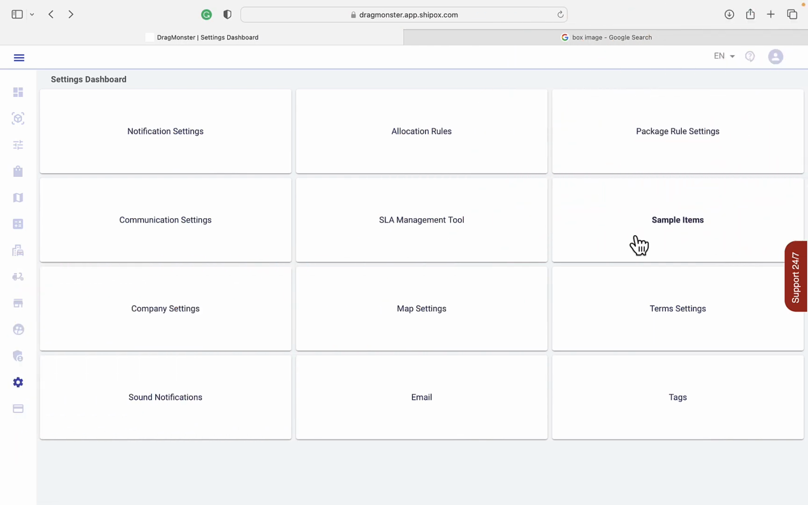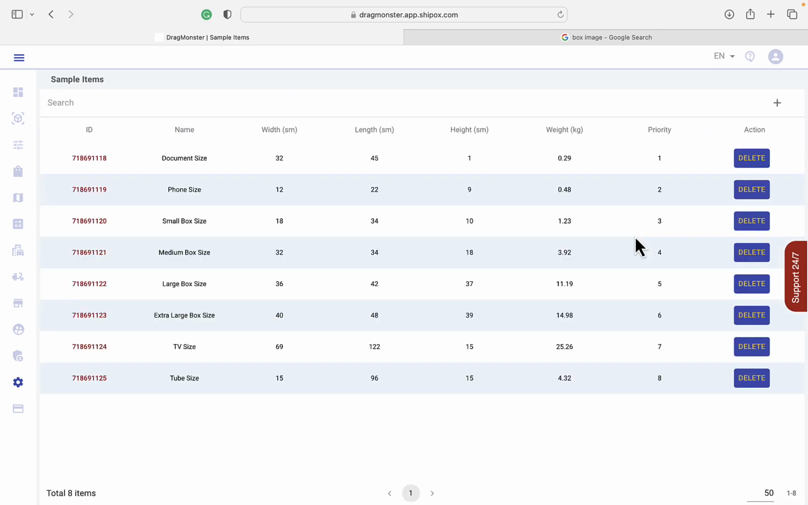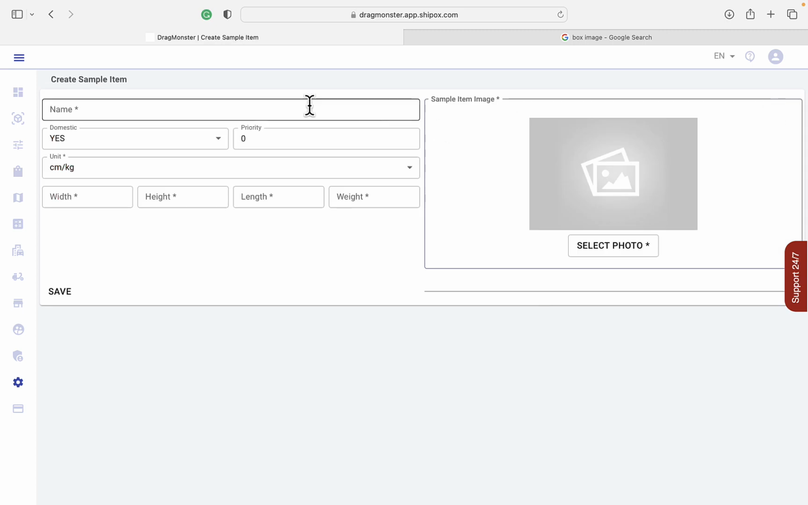Sample items. These are used to display dimensions of default packaging options and allow an admin to add or create new packaging options. In order to add/create a new packaging option, press plus located in the top right corner of the page. And then fill in the fields by providing a name of the package, let's say it's package 1,